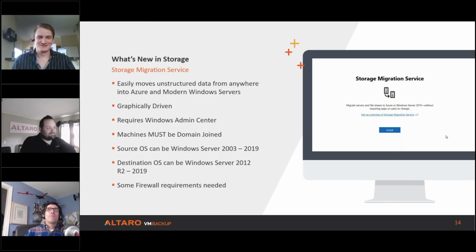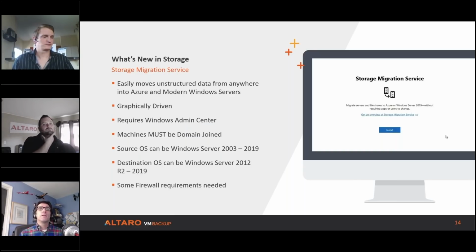You're going to notice a lot of school organizations. That's where I've noticed a lot of these organizations, a lot of the public school systems and stuff of that nature. And then the destination server can be 2012 R2 to 2019. So if you have an application that's not necessarily slated for 2016 or 2019, you can obviously still go to 2012 R2. So it's a really great tool for dealing with all your unstructured data and then essentially migrate it